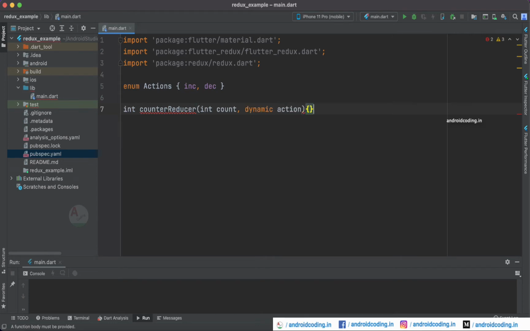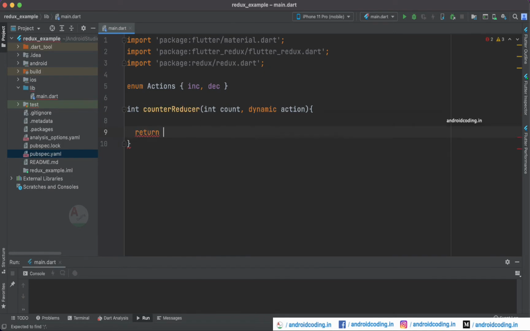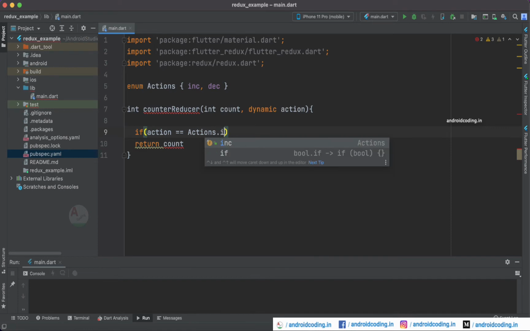And now we need to return count here. Whenever we make use of the reducer here, we'll perform the increment and decrement, and finally we'll return the result here. Before returning the count, we need to check for the action here. So if action double equal to Actions.increment here,